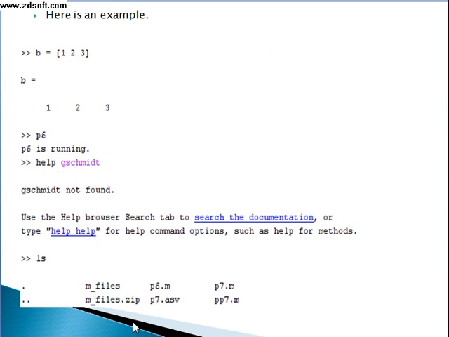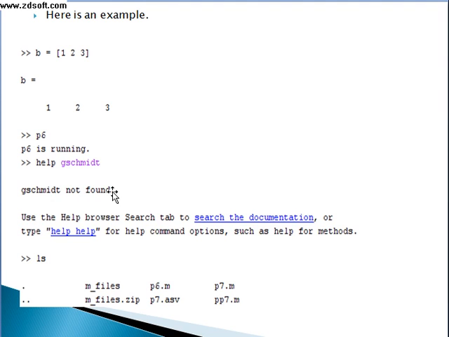Now here is an example for that second case. I am having a variable b123. I am entering that p6 file name. It will tell me that yes, it is running. Then I enter help js, another file name that was jschmidt. It will give an error that it is not found.